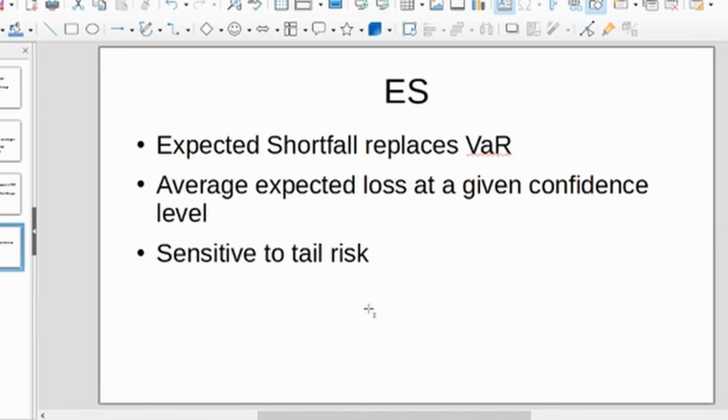A bit about the expected shortfall we have discussed, which is that expected shortfall replaces VAR. It's about the average expected loss at a given confidence level, and it is sensitive to tail risk. That means unlike VAR, which is not sensitive to tail risk, and tail risk is a problem in all kinds of market modeling, where you sometimes have fat tails, but in this case